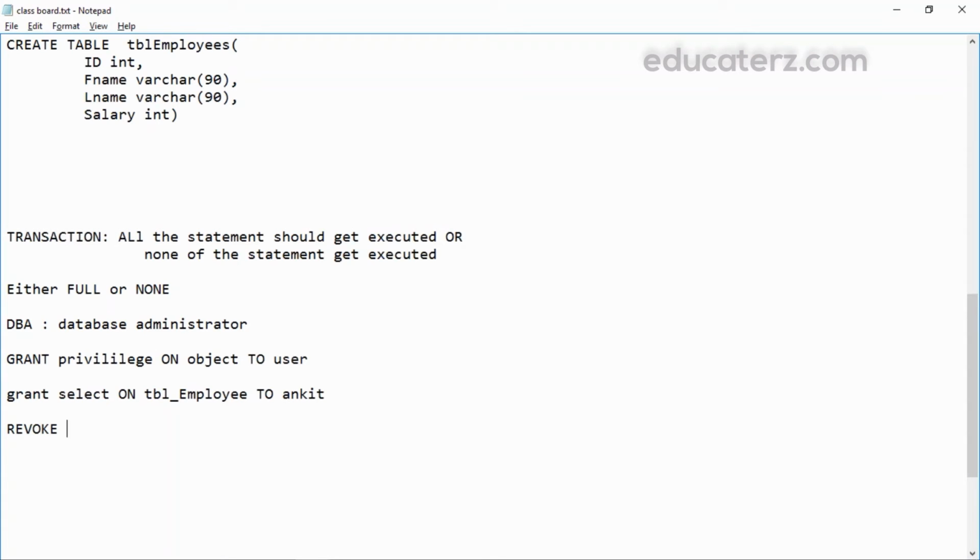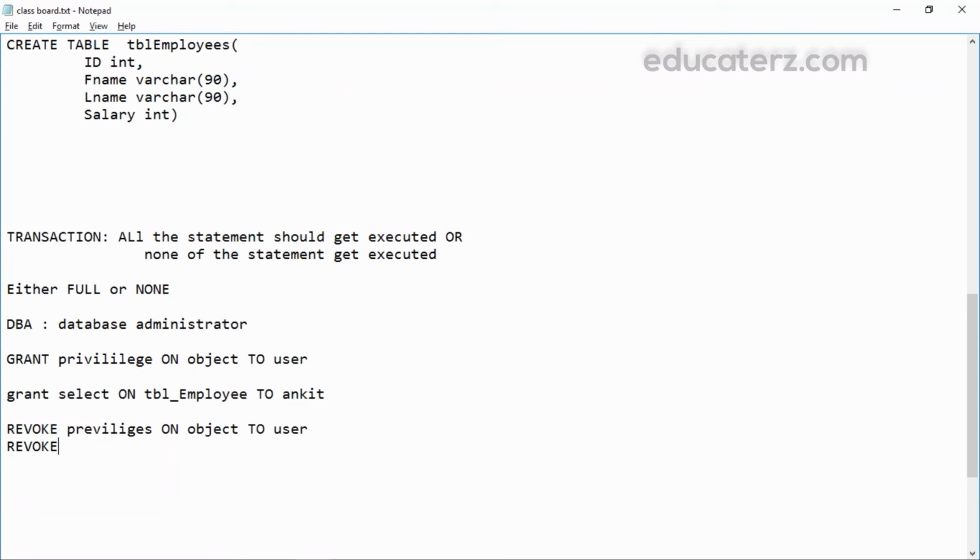Revoke, then you can take back the privileges. Revoke privileges on an object to user. So you can revoke whatever permissions you have given to this particular user.